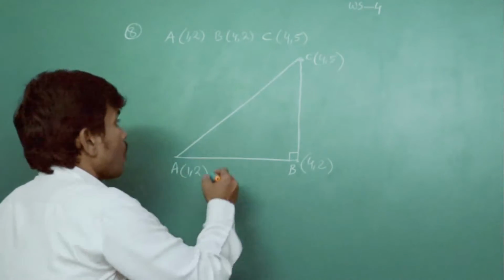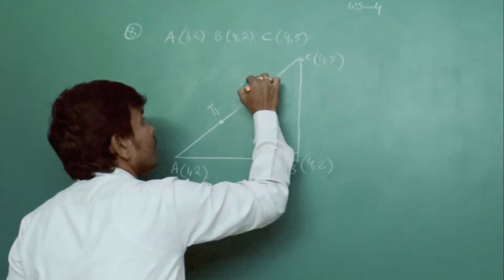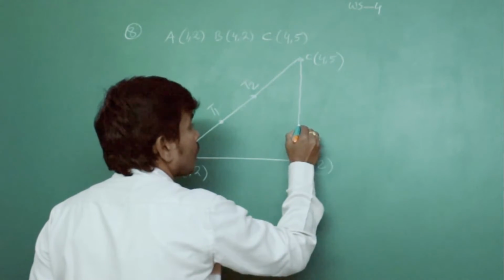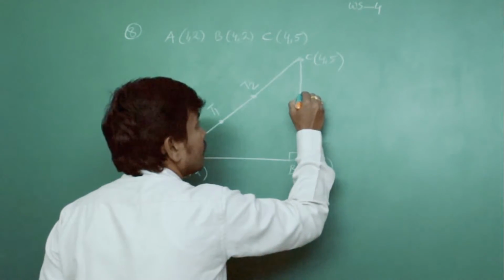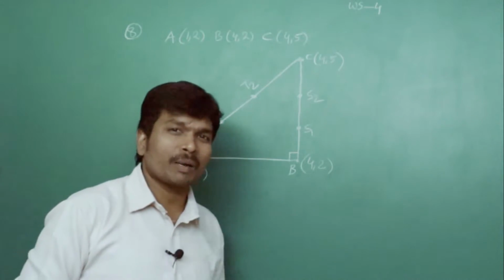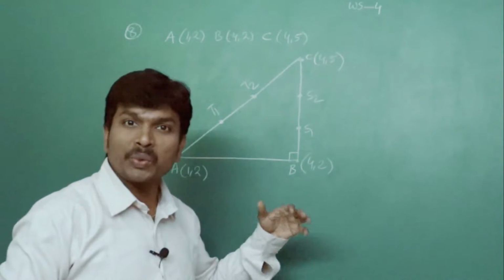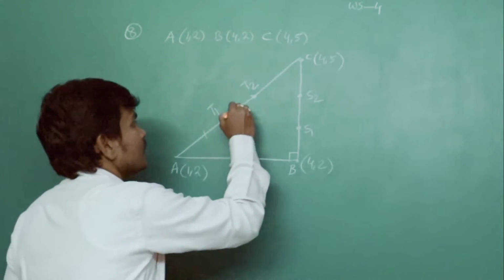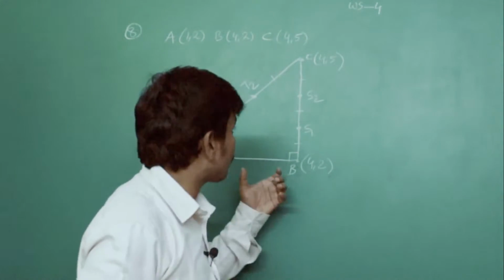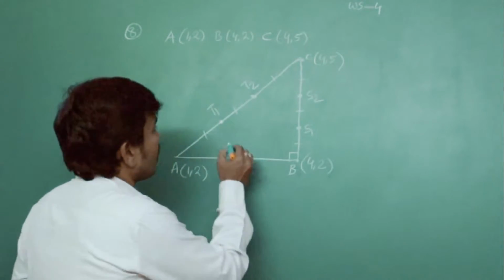Here 2 points T1, T2 are the points of trisection on AC, and S1, S2 are the points of trisection on BC. What is meant by points of trisection? The points which divide the given line segment into 3 equal parts. These also divide the BC into 3 equal parts. Those points we call points of trisection. Already we discussed. Now join it.